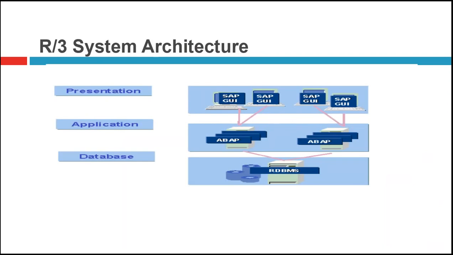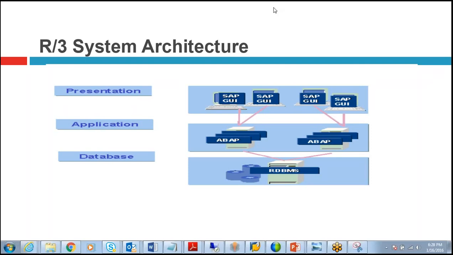Okay, and we see the architecture of the R/3 system, which contains 3 layers: presentation, application, and database. In the front end, the presentation layer uses the SAP GUI, the graphical user interface, where users send requests to the database through the middle layer, which we call the application layer. This database uses a concept called RDBMS, Relational Database Management System. What do we call a Relational Database Management System? It is a system where we manage all the database tables with relationships.